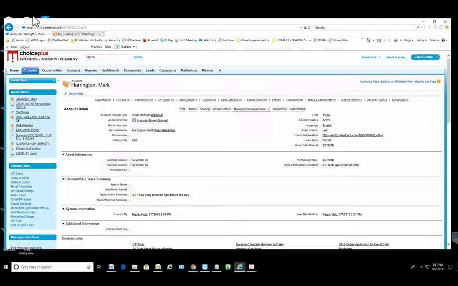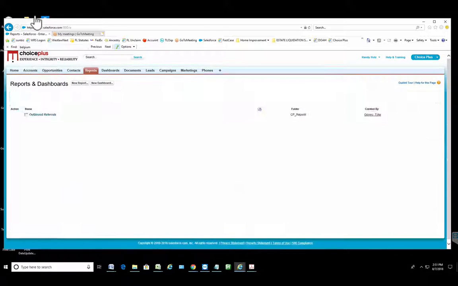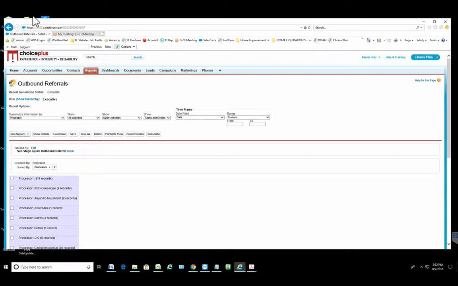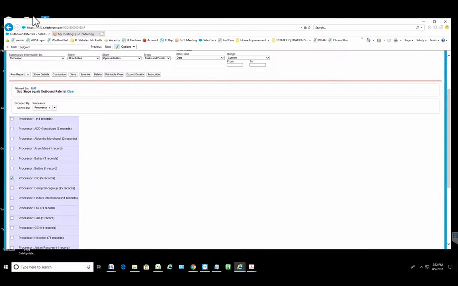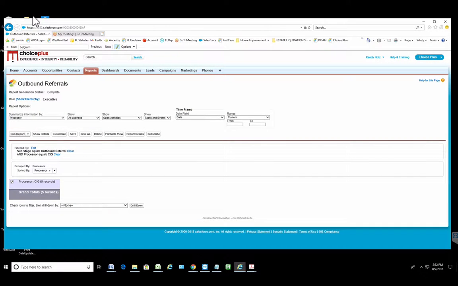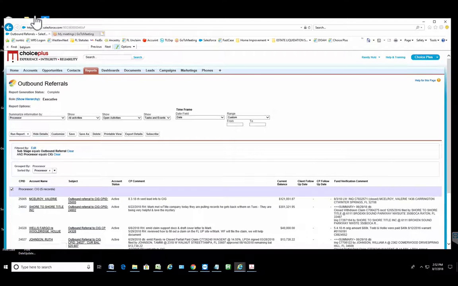When we get this part down there, then I'll show you. So you can go to reports, and I can show you outbound referral, or all donor staff. I can go to outbound referral and search by processors. These are ones I referred to you guys. So I can drill down and only see the one. This gives me a summary view, and then when I show details,